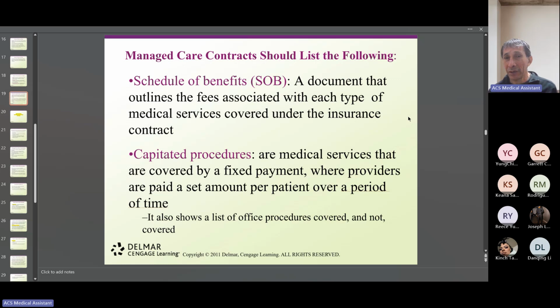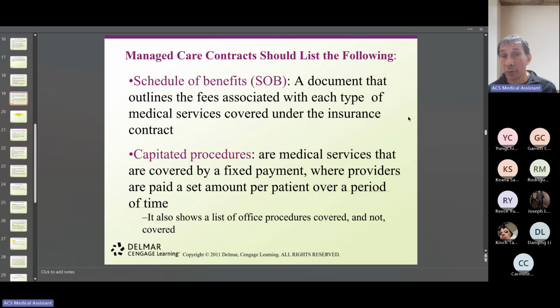Think about it like a plan on your phone where you have limited data, limited calls, limited texting, limited internet. That's exactly what's going to happen when you meet the limit of the services that you already paid for. That's it. You're not going to be able to have more services. You have to go and add more money. Here it's not that you're going to pay more money, it's that we're not going to get paid for those services. So we don't do the service, because it's not covered.